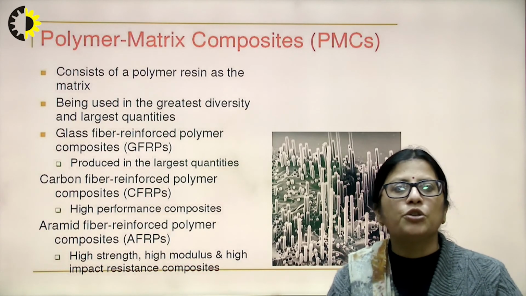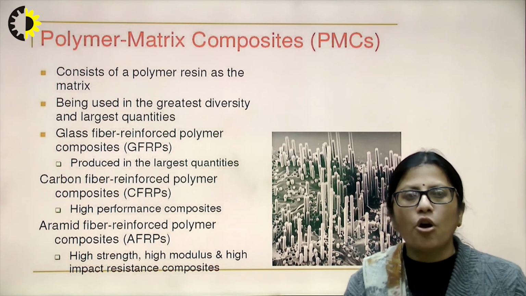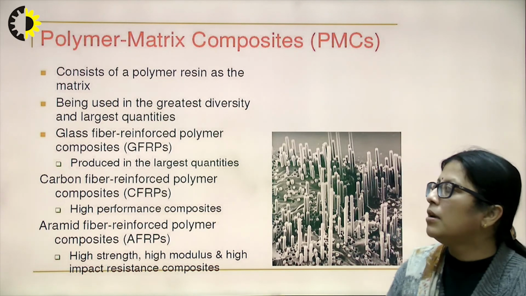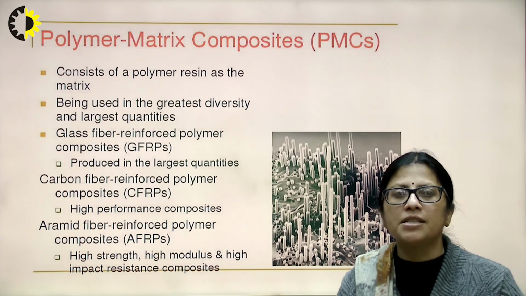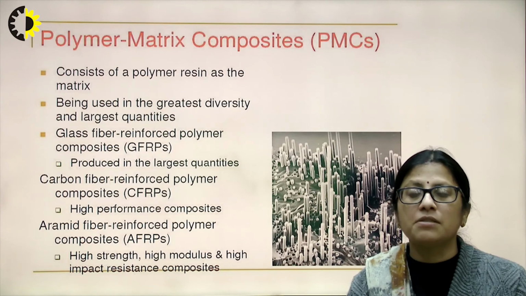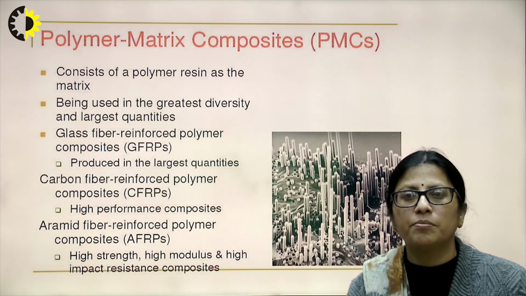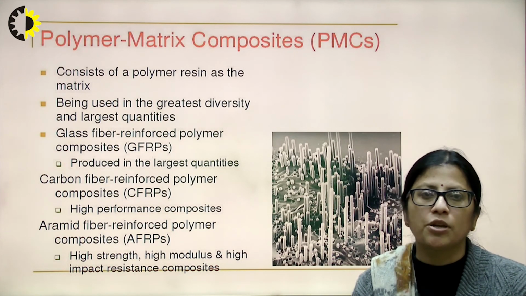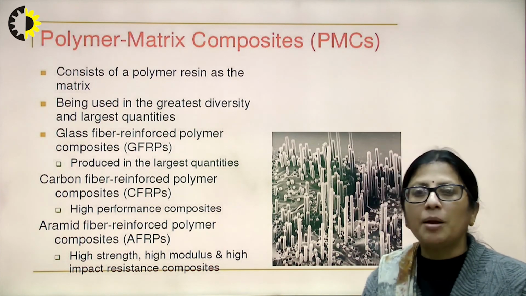Coming first to the polymer matrix composites, it consists of polymer resin as a matrix, and it is being used in the greatest diversity and largest quantities because it is cheap and easy to make. The glass fiber reinforced polymer composites are produced in the largest quantities,